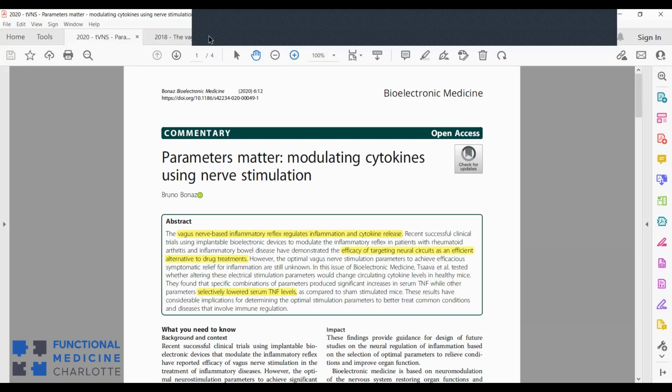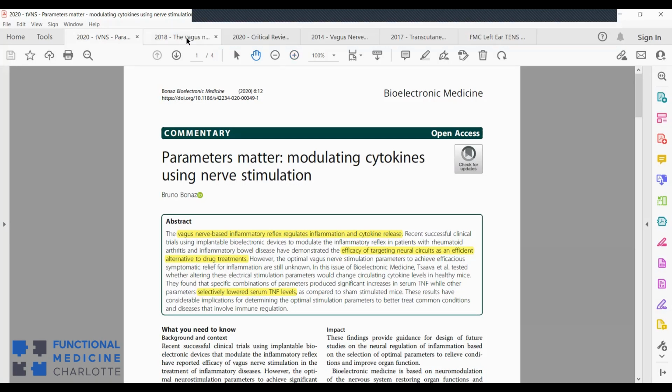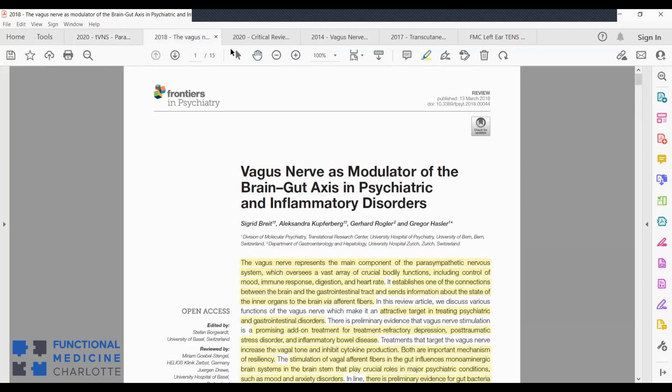So here we are looking at some research papers, and let's jump. Let's start here. One thing that the vagus nerve does powerfully. No, we'll come back to this one. Sorry. I want to start with